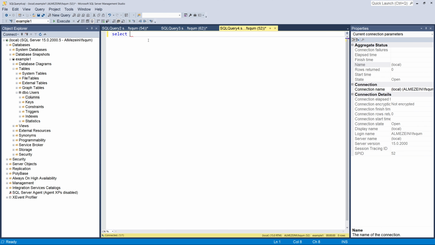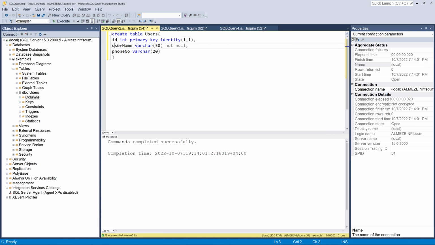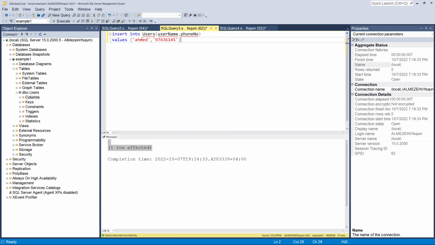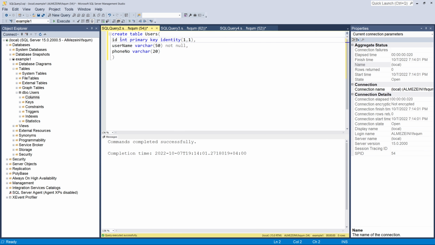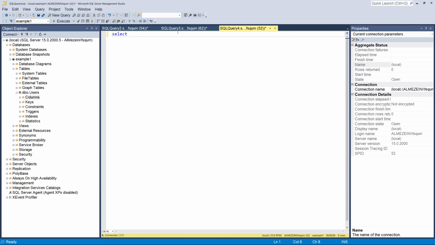Okay, so you can use the star symbol like this to get everything from the database, every column at once, or you can use their names one by one. So we will use names, ID, comma,